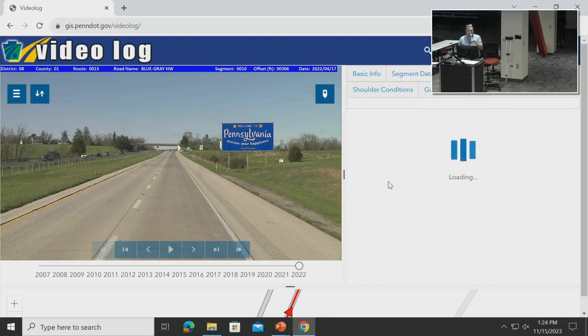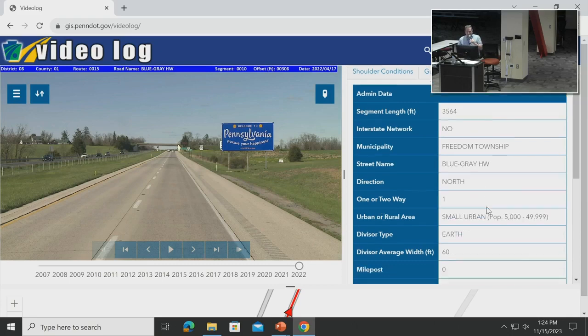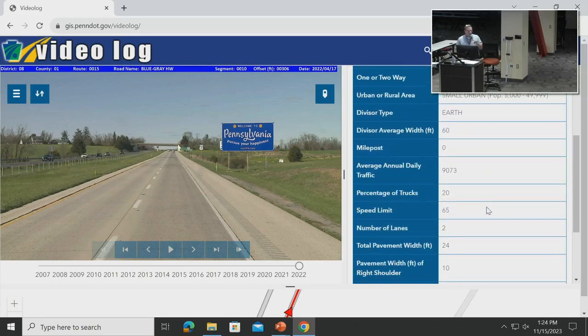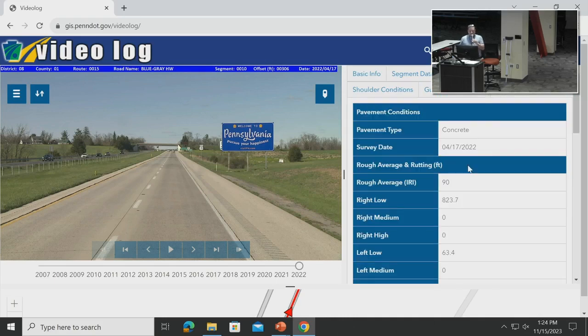Admin data gives you a lot more information concerning the segment. Gives you, as you can see, additional data like what type of road it is, like truck traffic, so you can see average trucks that have crossed it, pavement information as well. The pavement conditions is what's taken from the other data that was the originator for Videolog. So you can see things like international roughness index, the IRI number here.